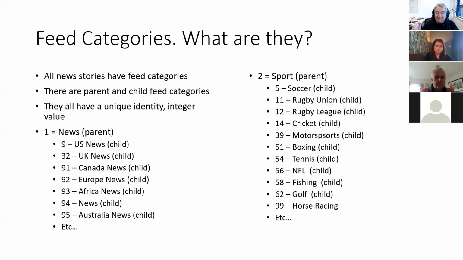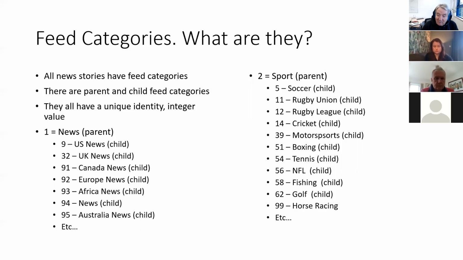This is not an Elasticsearch database. It's an old school relational database, a little bit like Access, with all this reference data. Part of the reference data is feed categories, which are broken into parent and child feed categories.